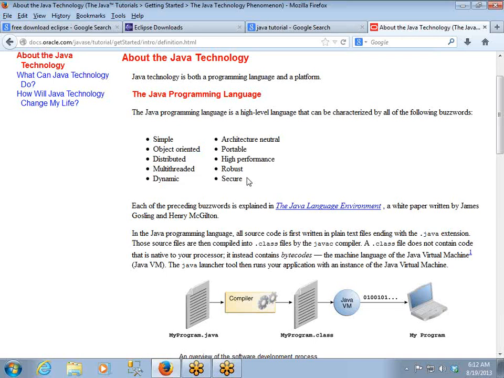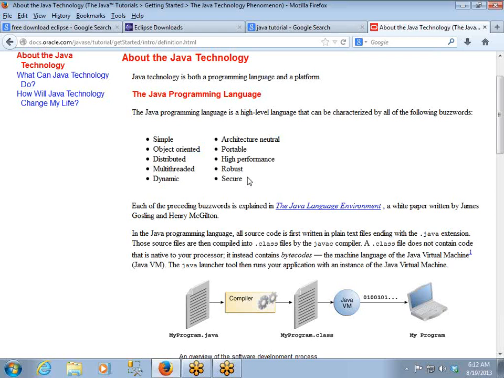It is simple, object-oriented, distributed, multi-threaded, dynamic. Out of all these, one special feature which is there in Java, which was not there in the previous languages, right? The previous languages' programs struggle to execute on different platforms.